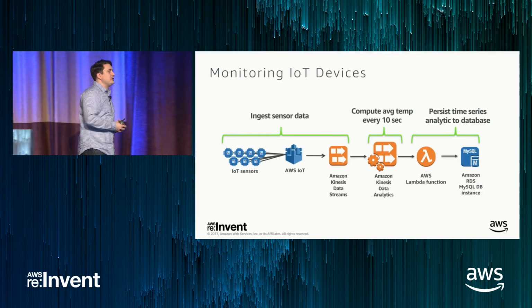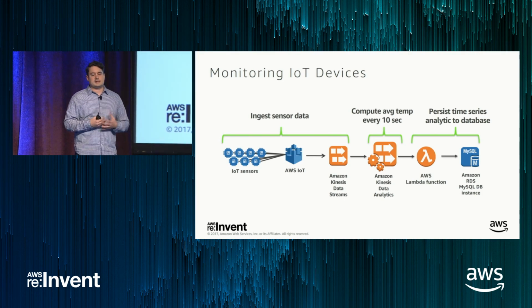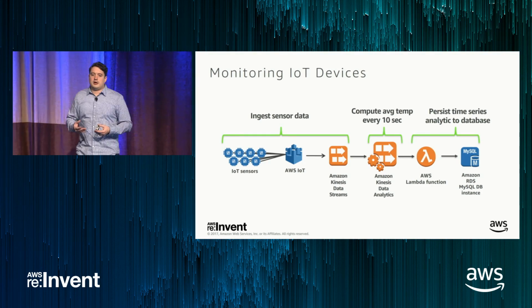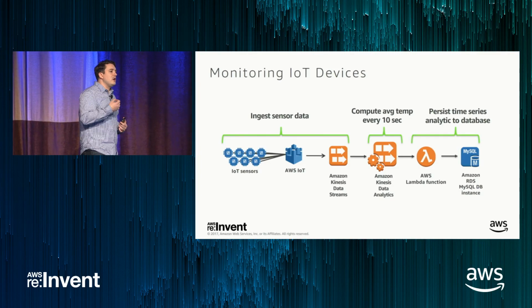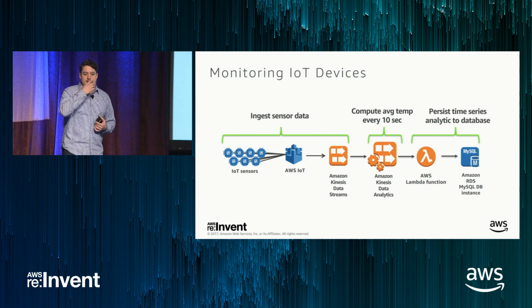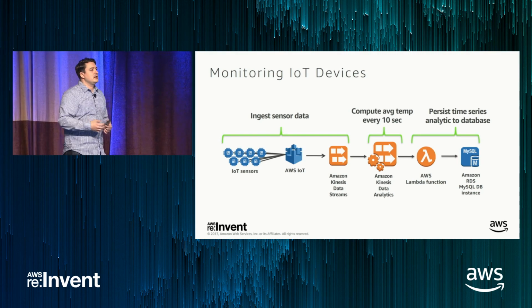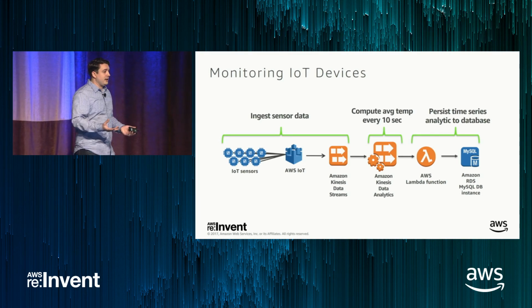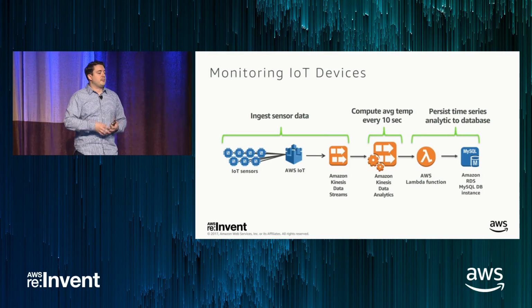So monitoring IoT devices. This is another common use case we see. In fact, this use case is growing very, very fast. Kinesis is used by IoT customers primarily because it solves the key problem that I keep on emphasizing: you have a large number of events generated by hundreds, thousands, millions of sensors. And to ingest that data into your data processing tools and services is very, very expensive if you do it by hand. But Kinesis Streams and Kinesis Data Firehose both solve that problem very well by providing that temporary buffer ahead of your data processing tools.